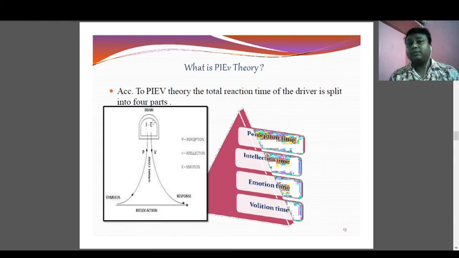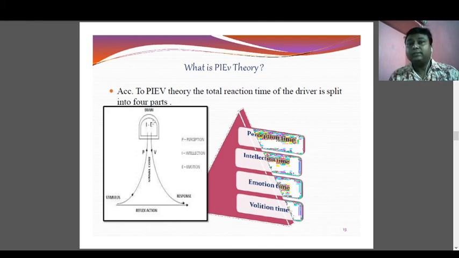But in some cases, due to the sudden appearance of a cow, dog or cat, the driver has no way to stop the vehicle. So at that time they have to run over the dogs and cats. No one wants to cause a tragedy for the dog, the cat or the stray cattle. They always try to stop their vehicle, but in some cases it is not possible. So this comes under emotion. We have to control our emotion.